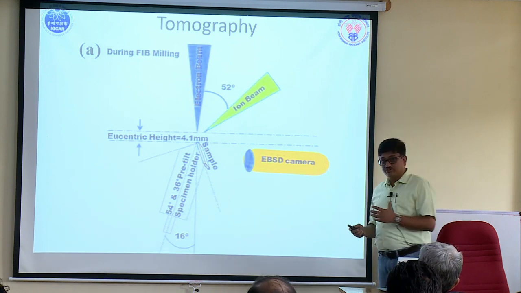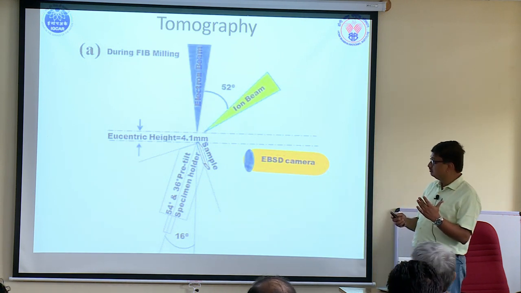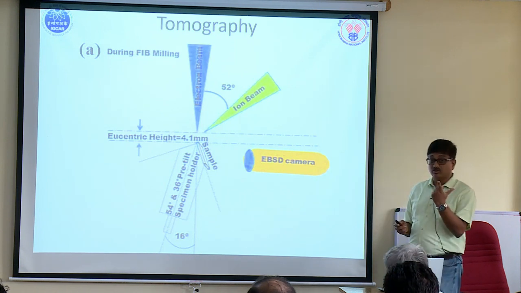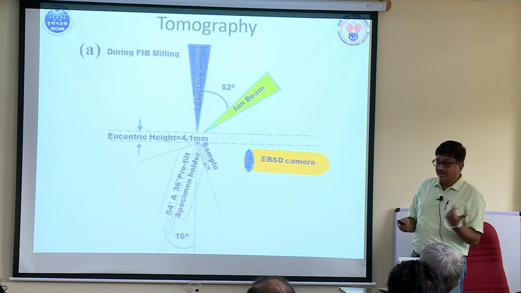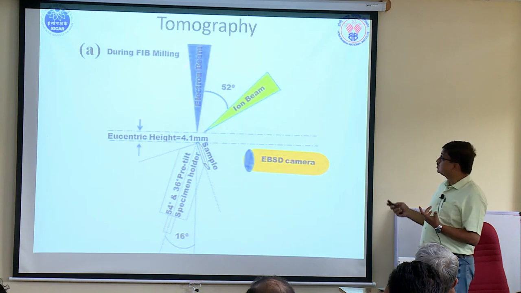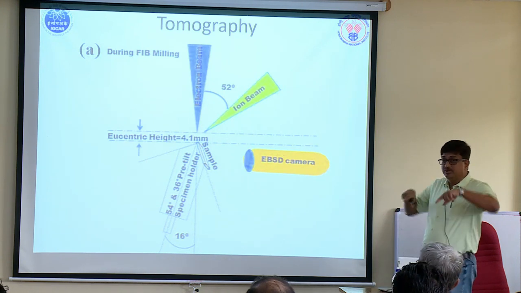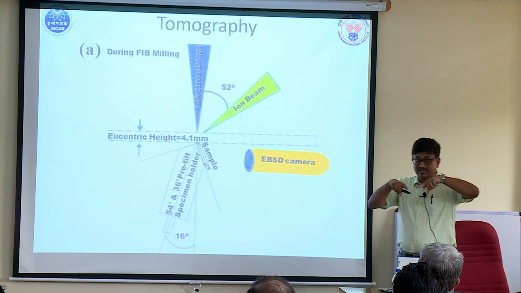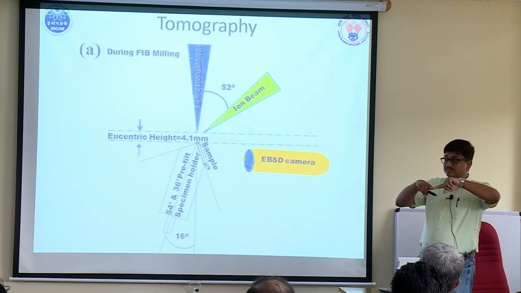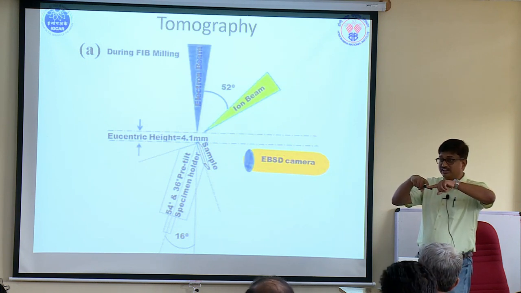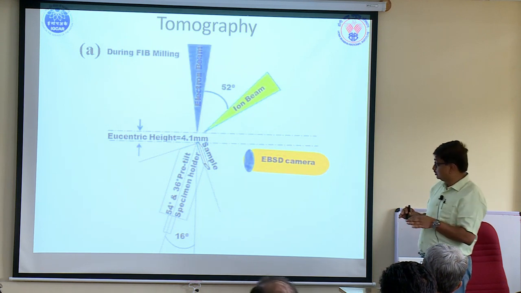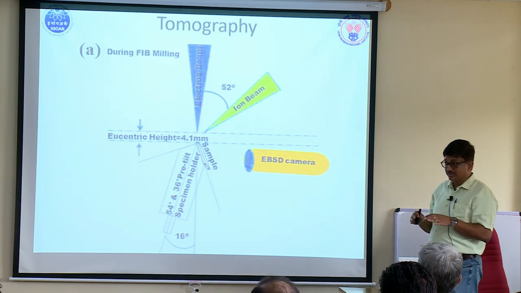So if you are using an FEI microscope, there are a few things you have to note. You have to really put your sample at the crossover. That's very, very important. And the company is going to tell you what the ideal crossover is. The crossover is where your electron beam and the ion beam cross. You have to bring your sample there, and that is also your eucentric. Eucentric means if you tilt, your region of interest is not going to move away. That's very important. These alignments you have to do very, very critically before you start your experiment.